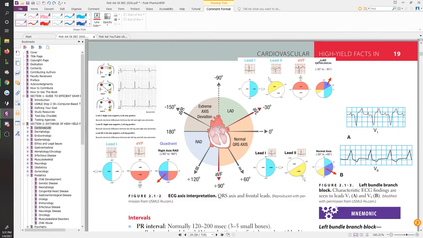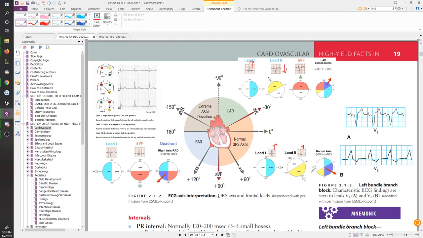Now, in a pathological person, the blue didn't change. So that's why your lead 1 is still pointing up over here, and it's still pointing up over here, in both the normal axis and the left axis deviation. But your yellow has literally gone the opposite way, right? So now instead of the bottom half being yellow, the top half is yellow. Here, lead 2 was pointing up in a normal person, but in a person with LAD, left axis deviation, lead 2 is pointing down.